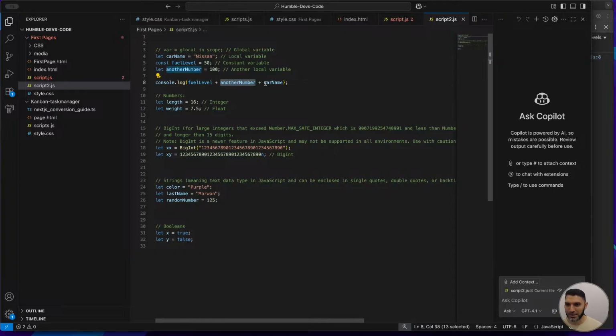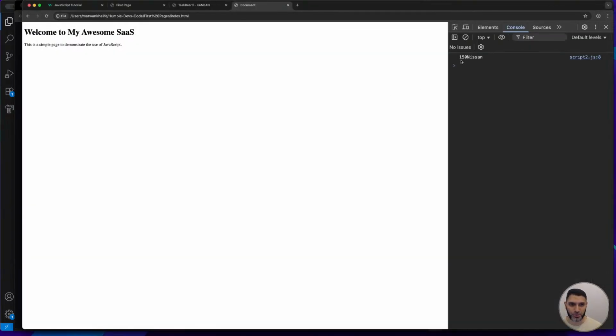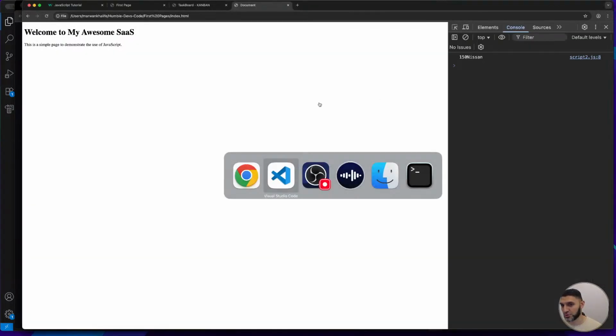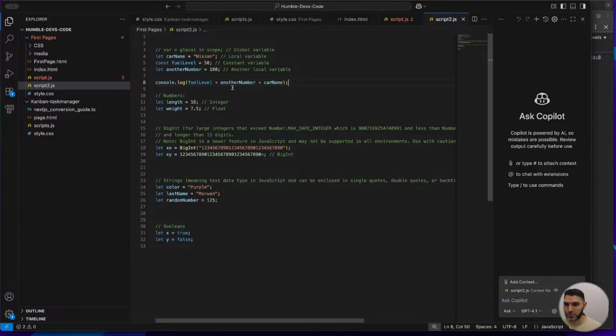And then we're telling it, but also I want the car name to be in there. And then it's going to be like, okay, but that makes then everything a string. But then it has already created the 150, right? Because it already completed the addition here. And then the car name is added to it as a string. So we have 150 Nissan as a string at the end,